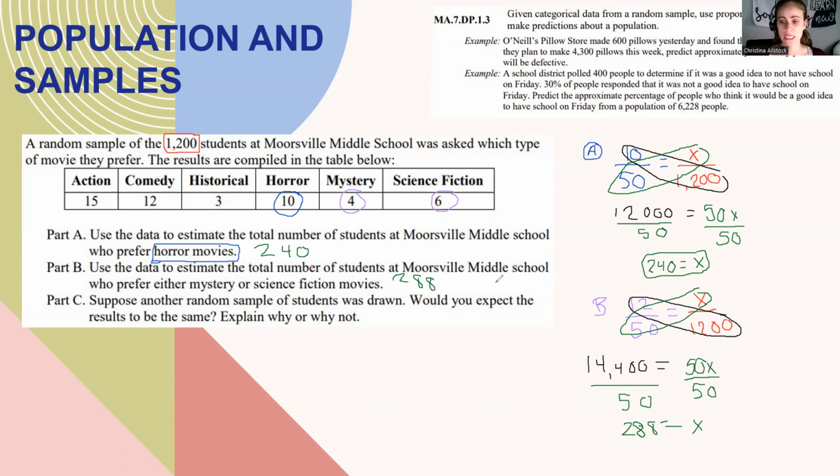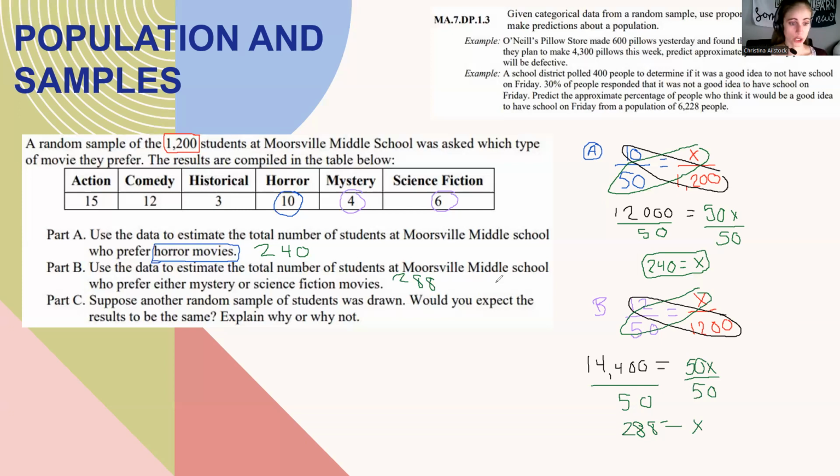All right, and then part C. Suppose another random sample of students was drawn. Would you expect the results to be the same? Why or why not? In this case, I would say yes. I mean, they might be a little different. Maybe I would get 245, or I would get